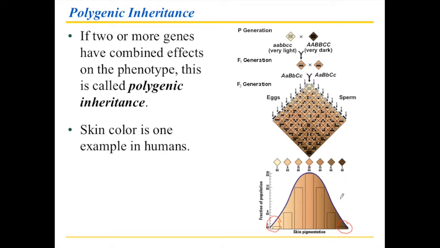Now if you were to do this experiment and you said, okay, let's come up with a color classification scheme, and we say, okay, this is very light skin, medium light skin, medium dark skin, very dark skin, and we somehow separated everybody in this room out according to these characteristics, we would probably be able to come up with some distribution like this. There are going to be very few people who have really light skin. There are going to be few people with really dark skin, but everything in the middle is sort of evenly distributed. And so that would give you polygenic inheritance.